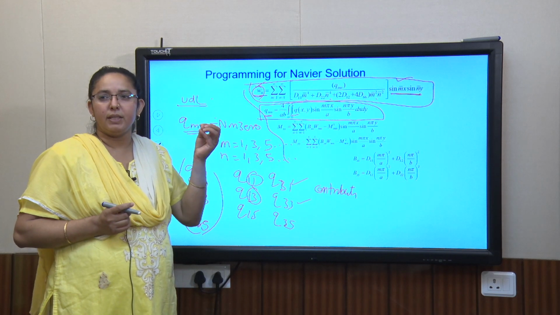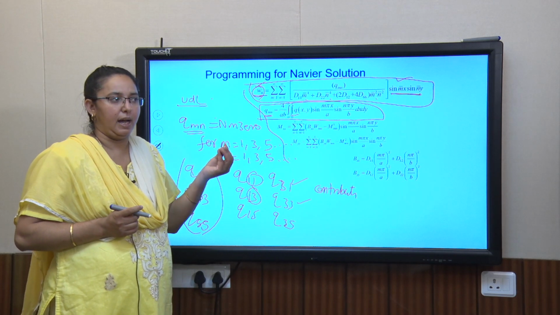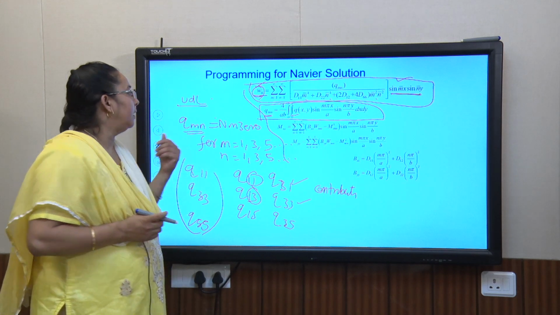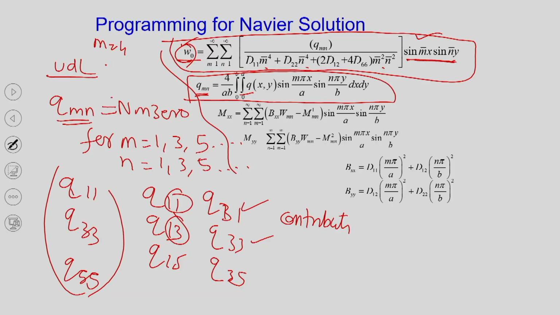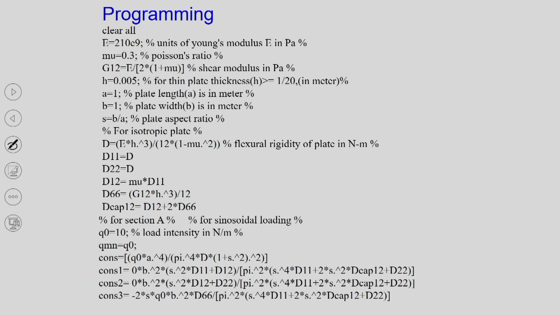I am going to expose you to some very small, beginner steps. Let us say m is equal to 1, n is equal to 1. Evaluate all these things for that first case. Then manually go for m equal to 1, n equal to 3. Then try to evaluate. Similarly, m equal to 3, n equal to 1, and then m equal to 3, n equal to 3. In this way you are going to move. So, how to store, how to write those kinds of loops. Similarly, you have the moments here.